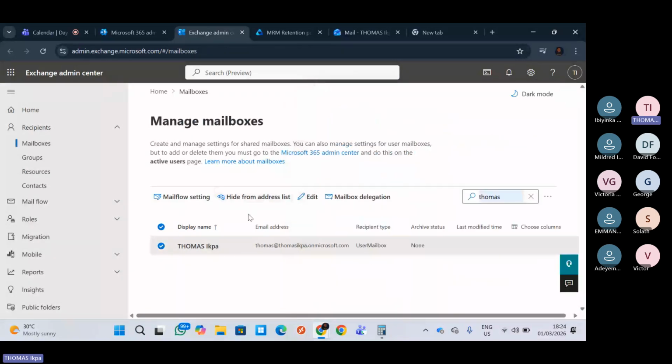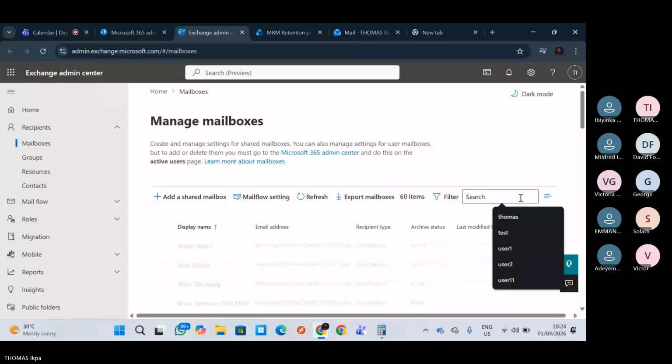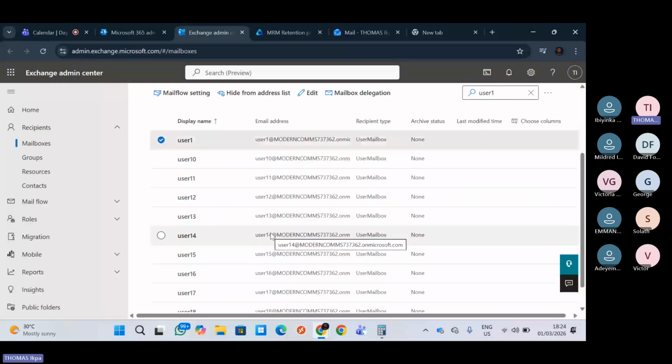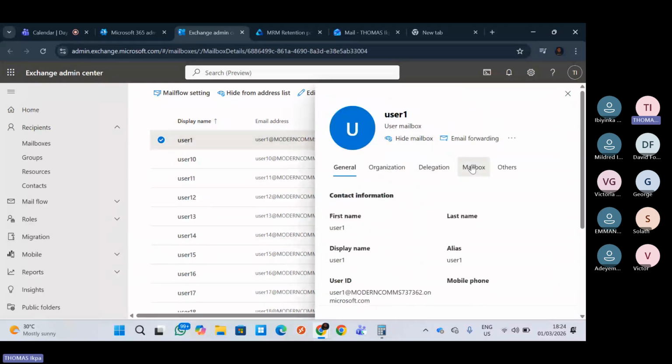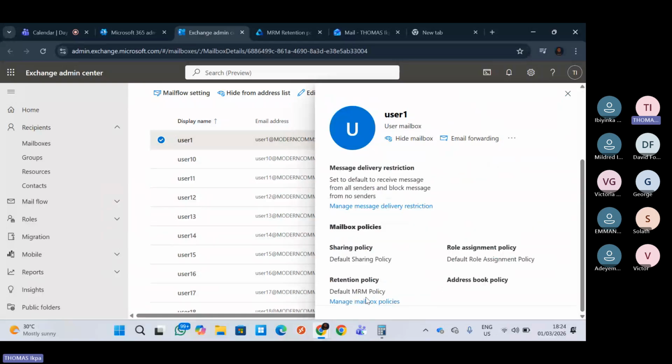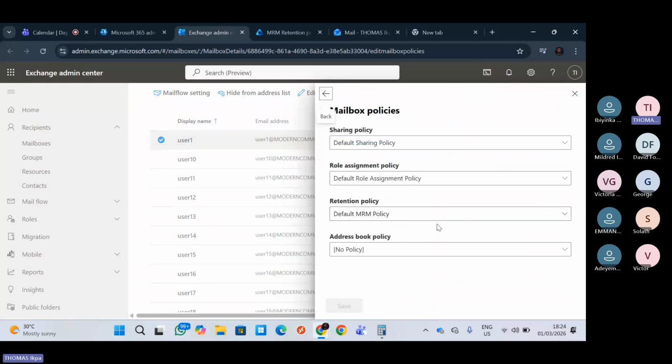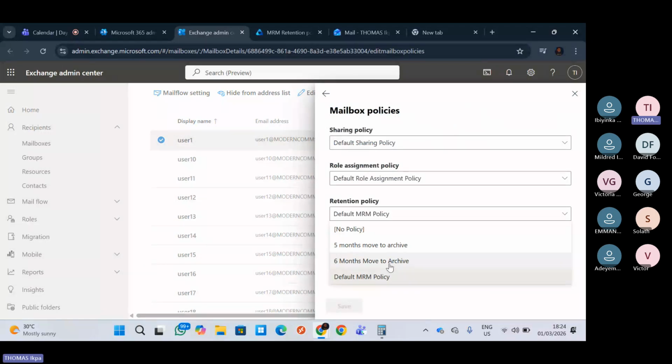So if I want to apply it now to a different user, I'll just come and search for that user. Let me use user one. So user one now, click on user one. Then you go to mailbox, manage mailbox. Then you click here. That policy that you want to apply to this mailbox, you click on it and then